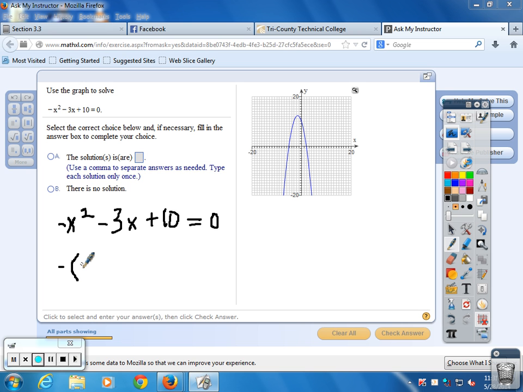Negative, and that'd be x squared plus 3x plus or minus 10 is equal to 0. Now, this is a what out here? Negative what? So you can say,